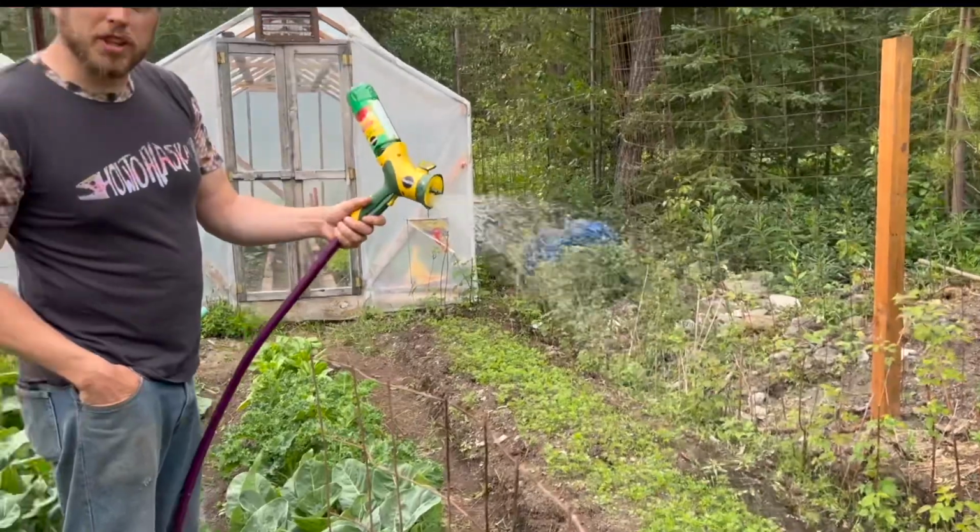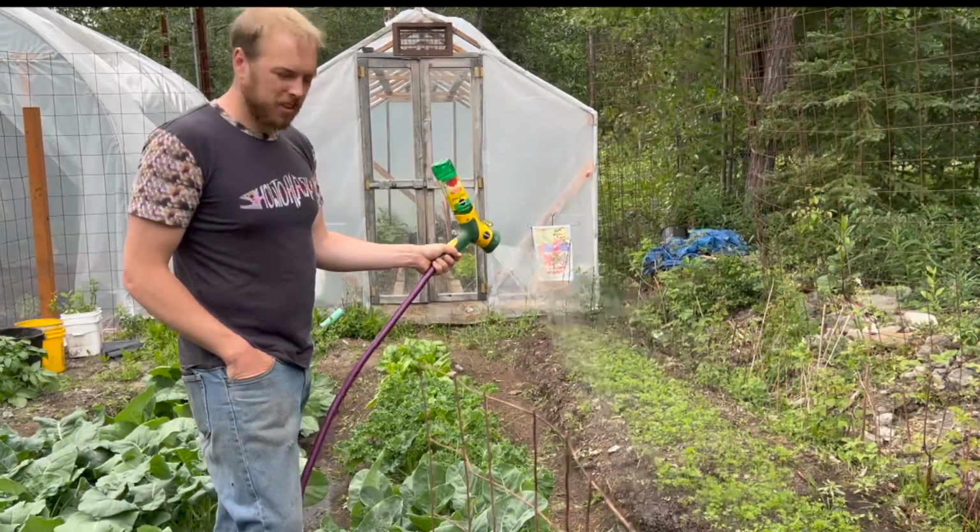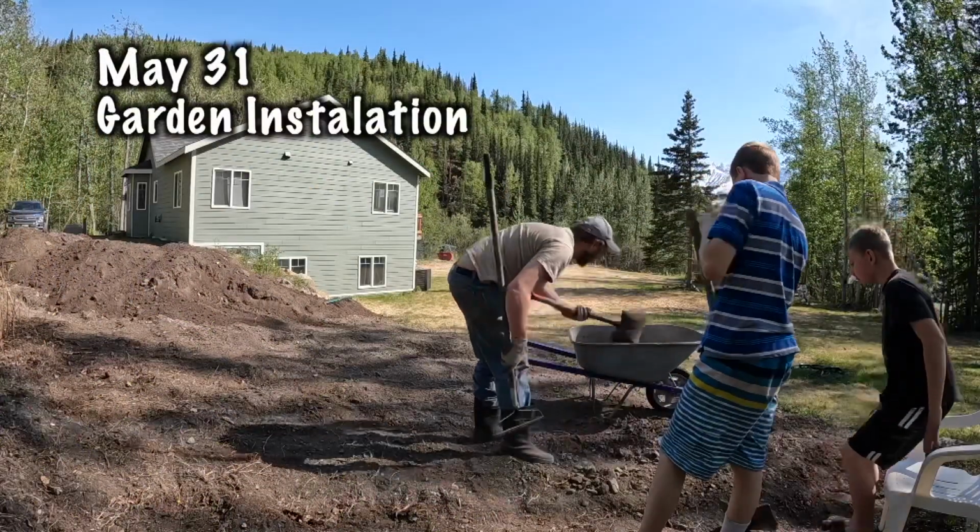So this year with the grant that we got, we put this all in, and it took a lot of work. Trying to get all the big rocks in,